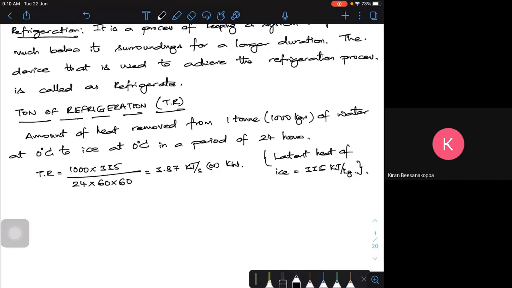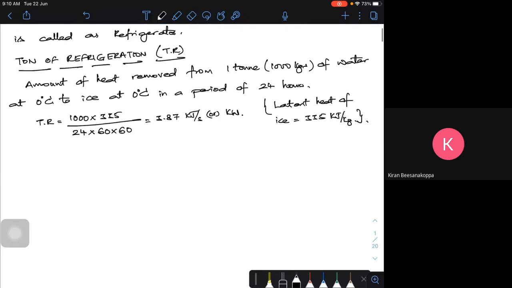This was the definition which was followed by everyone earlier until ASHRAE changed it. This is no more accepted, this is not the value which is used now. What we use now is as per ASHRAE, the American Society of Heating, Refrigerating and Air-Conditioning Engineers. Now according to this, what is the definition?